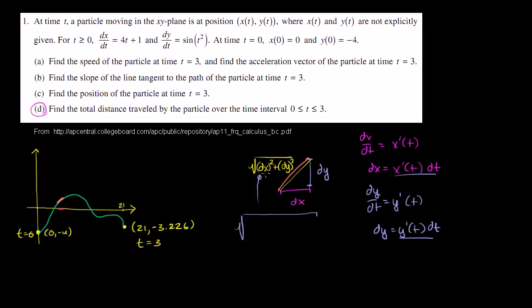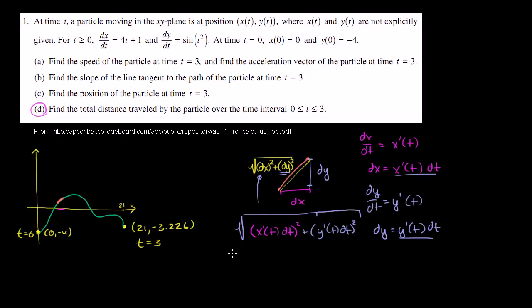root of dx squared. Well, dx squared is the same thing as, I'll do it in that magenta color, x prime of t dt squared, and then you have plus dy squared, and dy squared is just y prime of t dt squared. I never make my radicals big enough. There you go. And so this little arc length is this right over here,